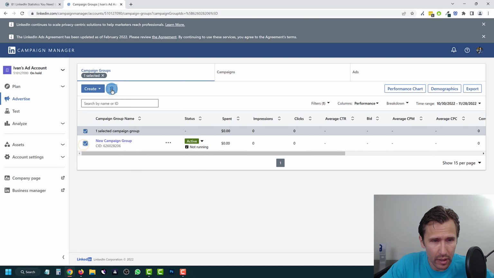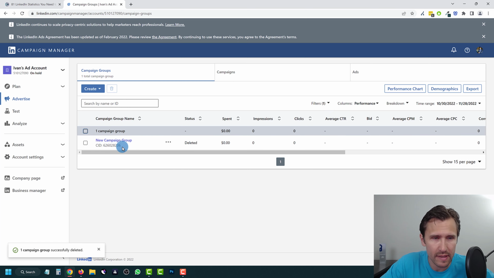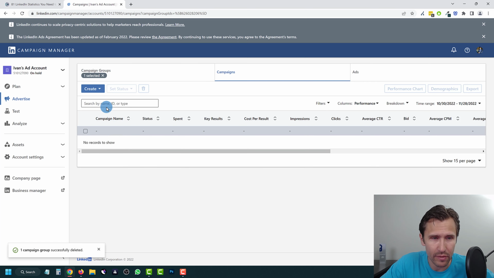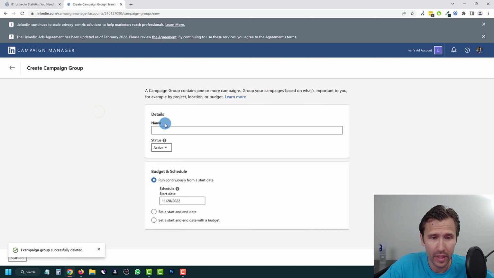So we can go in here and we can just delete this campaign that was started for us. And there's nothing here, by the way, so it's just a random one. And we're just gonna start from the beginning. So we're gonna click on create over here. We're gonna click on create new campaign group because we wanna start from the top. And we're gonna give it a name. So let's say we wanna promote my website, okay? So we're gonna say name, Ivan Mana free guide,